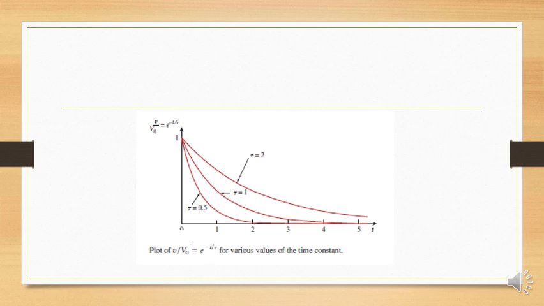Here we will keep tau constant and we are changing time. Again, you see that when tau was 2, our response is this. When tau is 1, our response is this. When tau is 0.5, our response is this. Further reducing the value of tau, we got a response approaching near to 0.